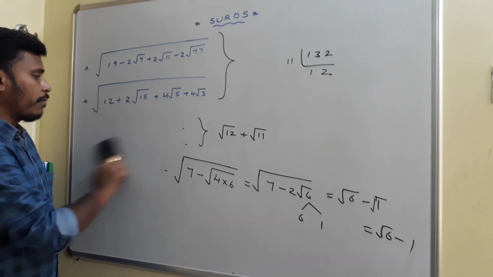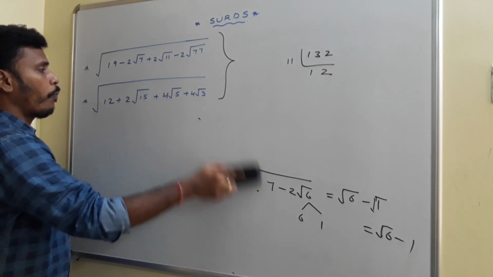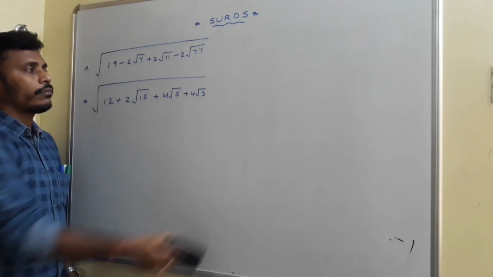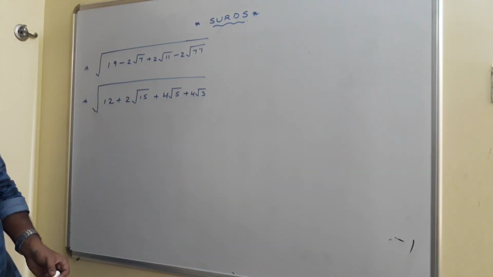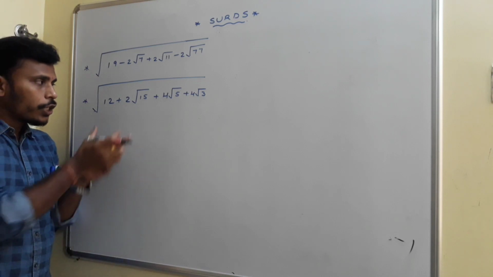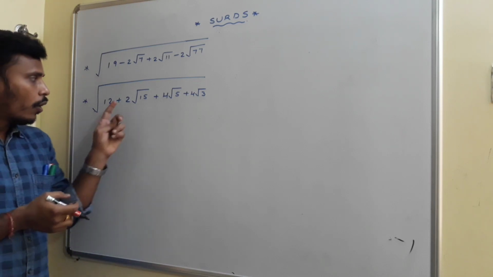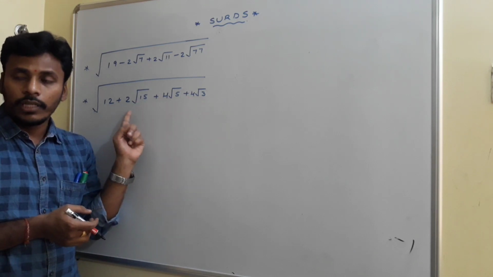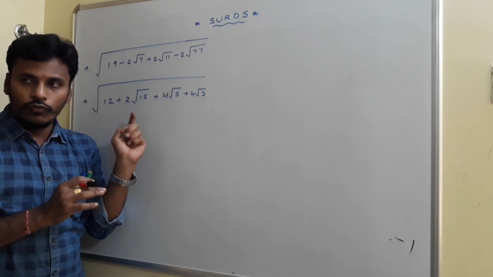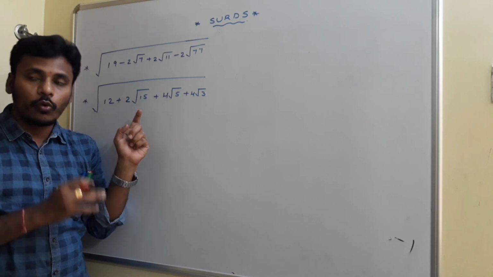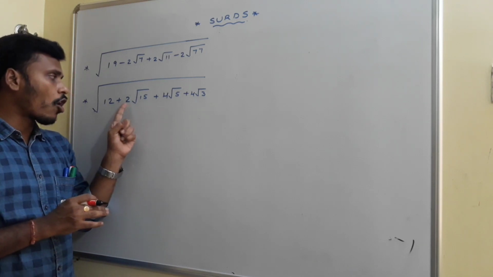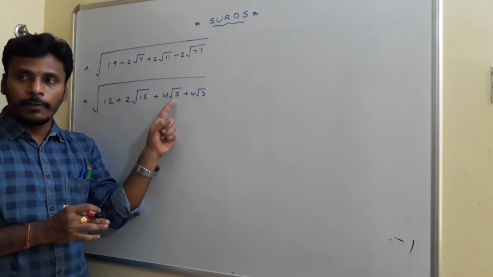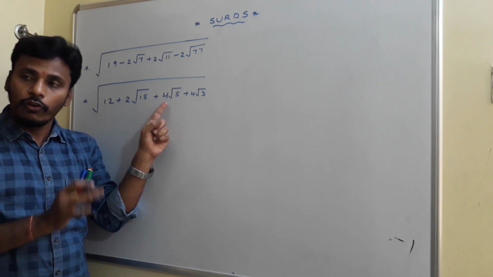See, for this number, what is it? Square root of 12 plus 2 root 15 plus 4 root 5 plus 4 root 3. We are going to find the square root for this one. First of all, what I am going to tell you is, you just make this problem with the 2 along with each irrational part. With only 2. Right? We don't need more than 2, we don't need less than 2. We need only 2. Already it is 2 here before this irrational part. But before this irrational surd, we have 4. But we don't need 4, we only need 2.